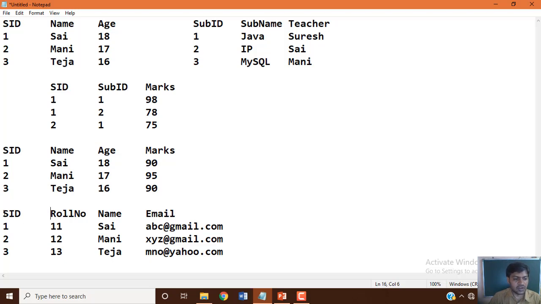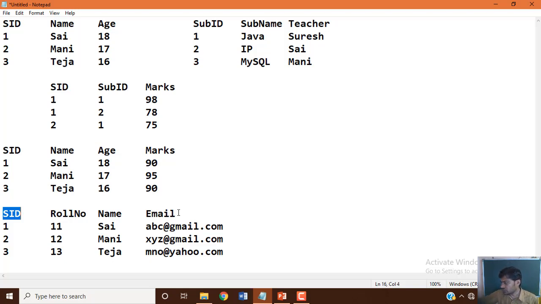So here you can go for SID as the primary key, and then roll number and email, the candidate keys, will be represented as alternate keys. Among the candidate keys, one is represented as the primary key, and the remaining candidate keys which are not the primary key are called alternate keys in a table, in a relation.